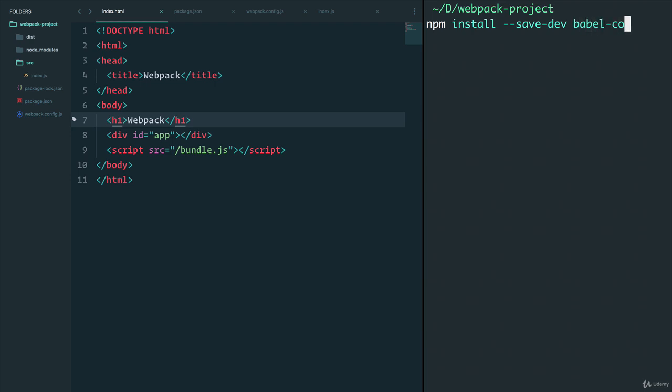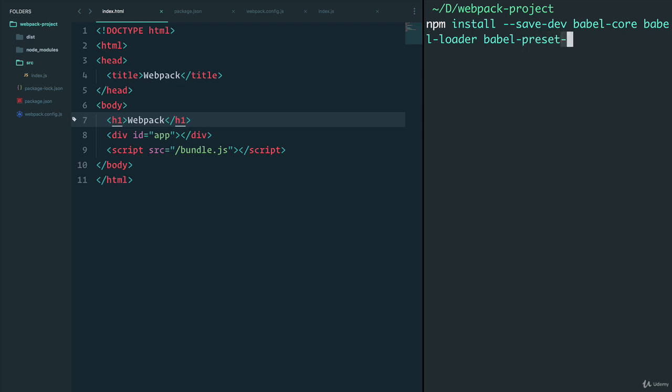So let's just say here, we're going to need something called Babel core, which is the main Babel package. We need something called Babel loader. And a loader is something that is used in Webpack. It compiles code. So Babel loader in Webpack works to take JavaScript and take it through the Babel compiler. And then we need something called Babel